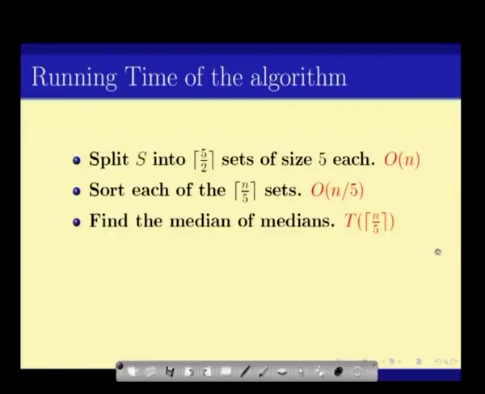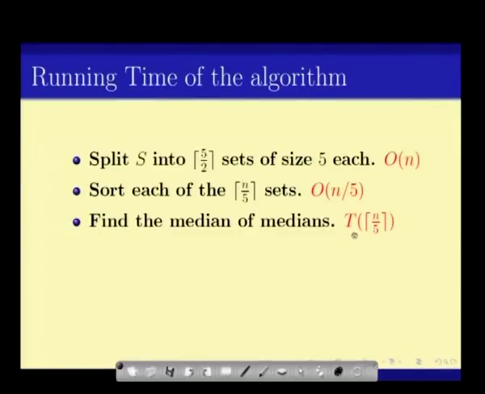Then we have the medians. How many medians we had? The number of medians we have are n over 5, because one median for each of these n over 5 sets. So, we find the median of the medians, which means that we find the n over 2th minimum in the set of medians. So, we get the total number of steps required is T of n over 5,